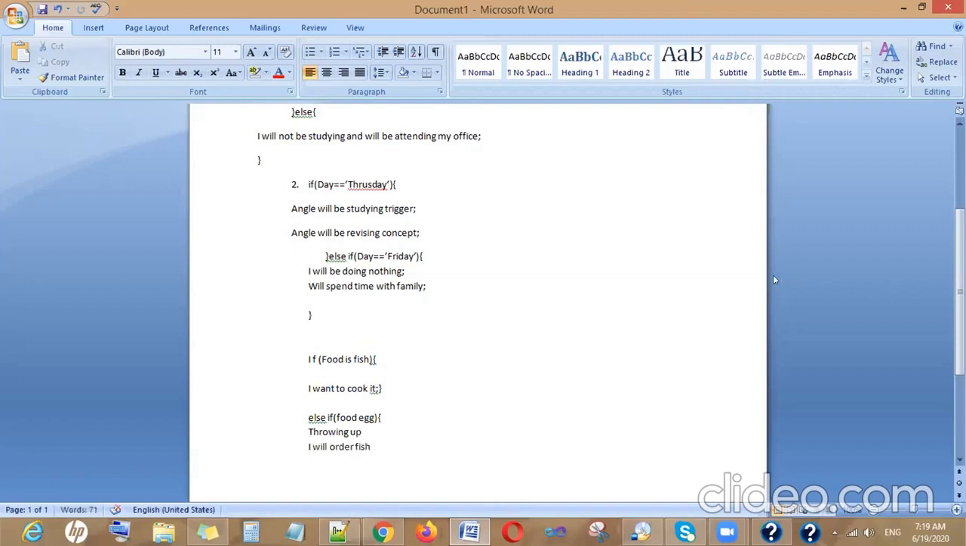Okay. Now give the line terminator after throwing up and the line terminator after I will order fish. Close the curly braces. Okay. Now this part which you have written,